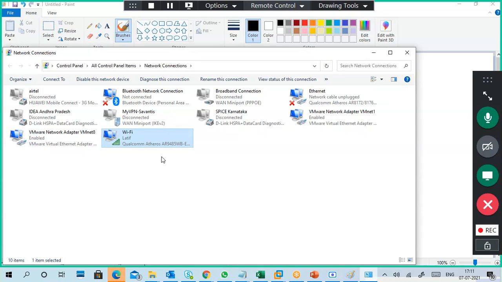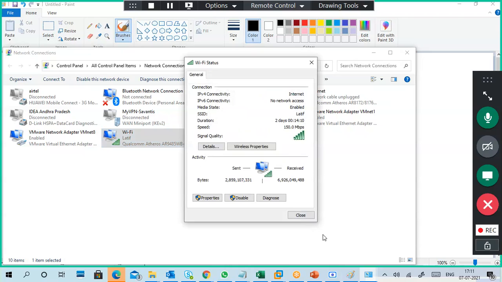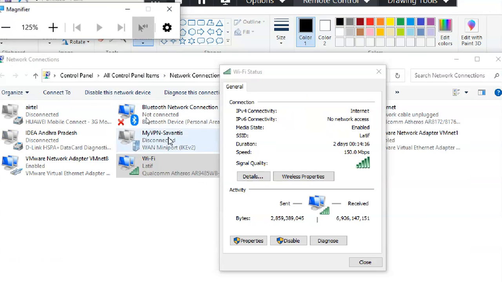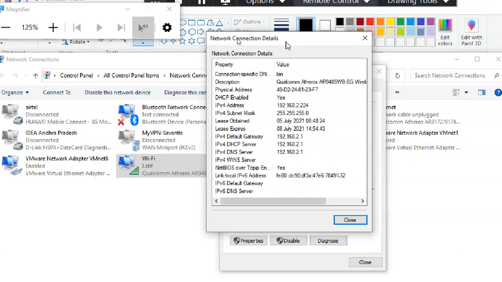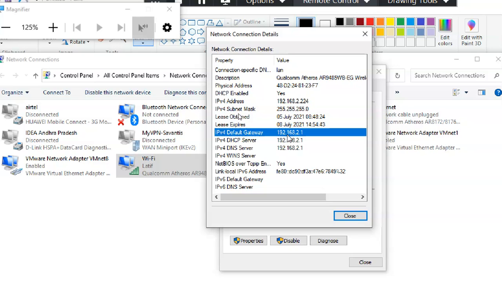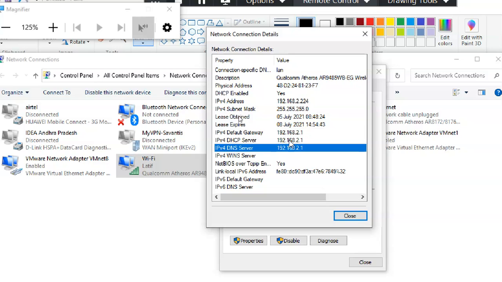Okay, so this is my Wi-Fi. I opened the magnifier, but it is still open. Okay, so details: IP address, subnet mask, default gateway, DHCP, DNS.